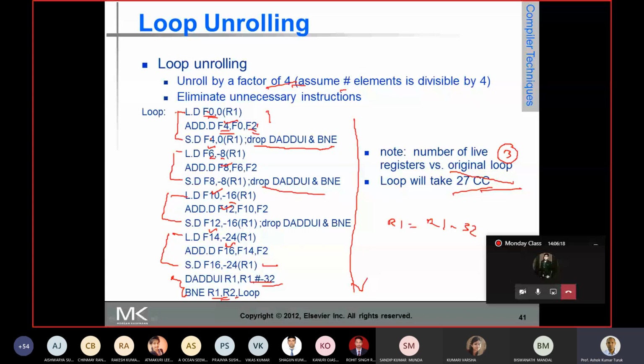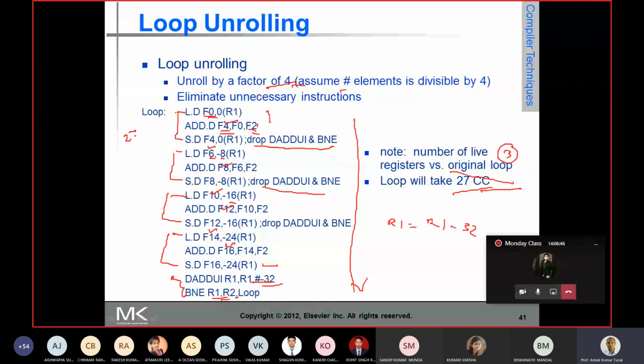Now let's schedule this code. One iteration of this loop will take 27 clock cycles, and this 27 clock cycles is for the loop unrolled 4 times.